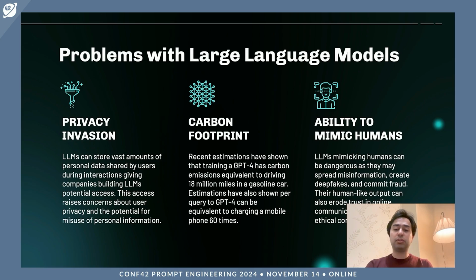Then also another problem with large language models is their ability to mimic humans. This is because large language models are essentially producing language similar to humans, and this leads to problems such as deepfakes. So the internet is flooded with deepfakes, but also the possibility of fraud increasing a lot. For example, imagine getting a call in the voice of your mother, and your mother tells you she's hurt and she needs some money. You'll probably transfer the money, but later you realize that this was just a large language model talking in your mother's voice. This is a very big concern, but we won't talk about this today because this is a whole other talk. We'll cover the first and the second points today.